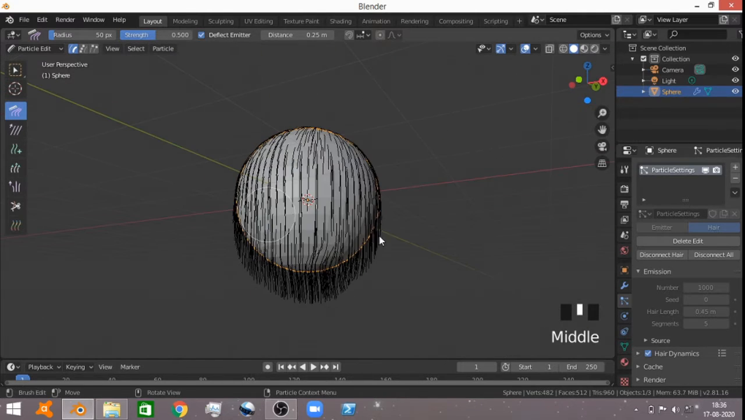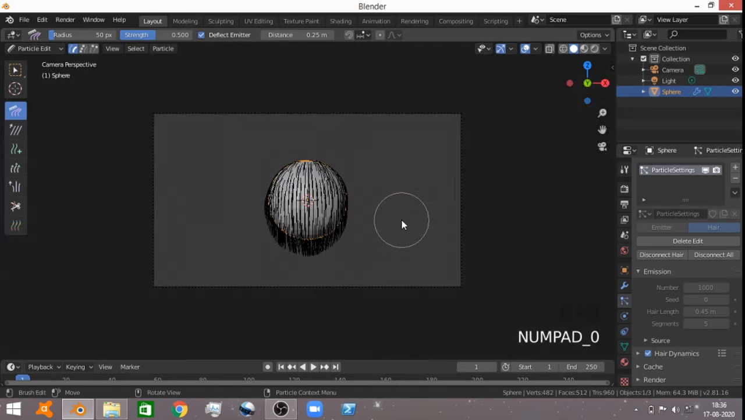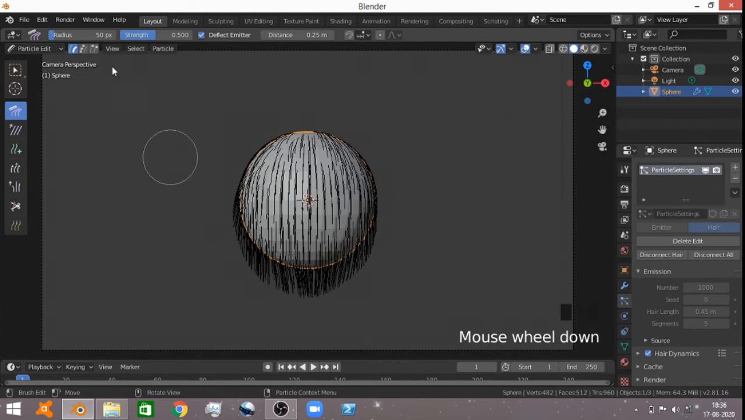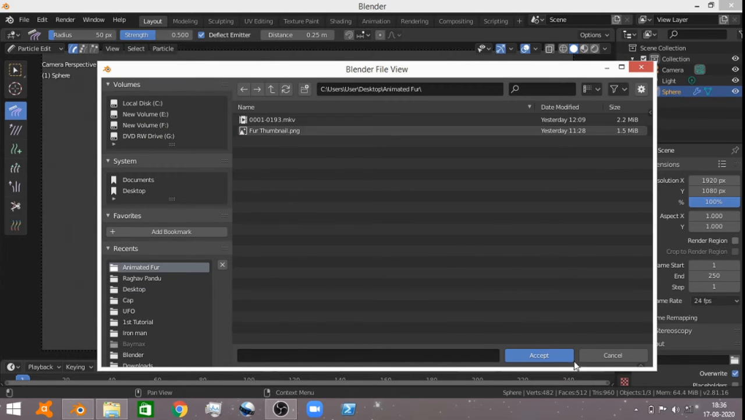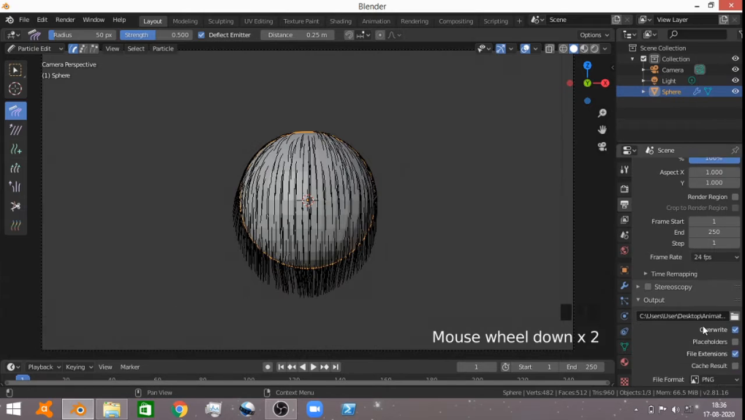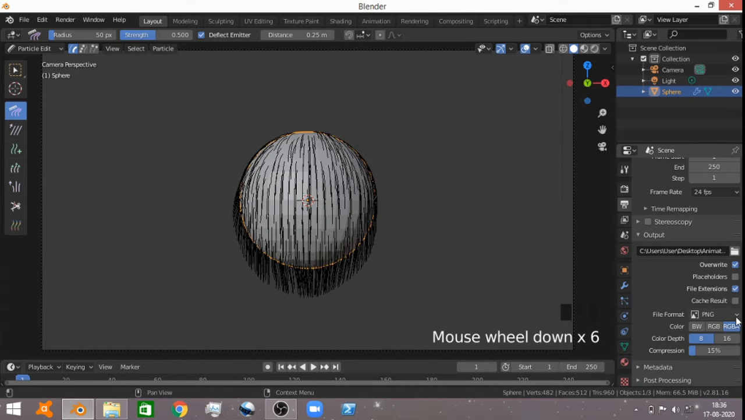Yeah, now let's switch to camera view by pressing numpad 0. Now we're going to browse the location where our rendered image should render. So let's go to output properties and browse your location. Accept. Now, yeah, let it be PNG and set the end value to 1